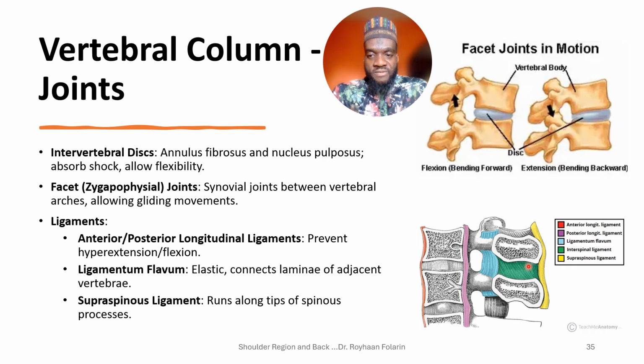Okay, and we also have the supraspinous ligament, which is the part of the ligament that overlies the spinous processes. So it runs along the tips of the spinous processes. That's why it's called the supraspinous ligament. As for the interspinal ligament, you have it between the spinous processes. And yeah, so the anterior ligament and the posterior ligament prevent hyperflexion and hyperextension. The anterior longitudinal ligament will prevent hyperextension, while the posterior longitudinal ligament will prevent